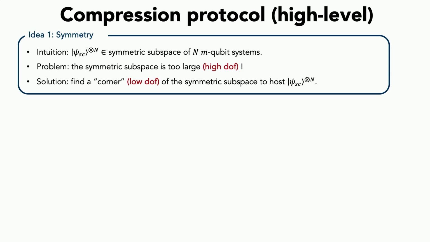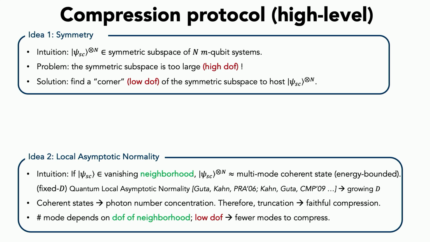Okay? So we are not considering any m qubit state. We're focusing on a particular set of states with certain structure, and therefore can pick this small corner of the symmetric subspace. But how can this be done? Well, another observation is a mathematical result showing that if we have enough information about these states to pin down a vanishingly small neighborhood containing these shallow circuit states,